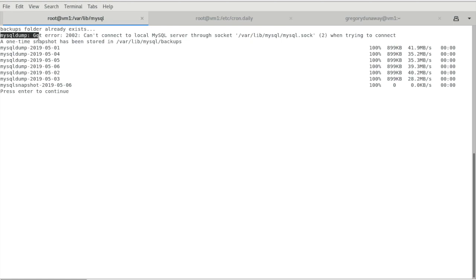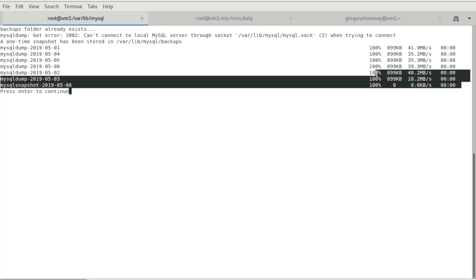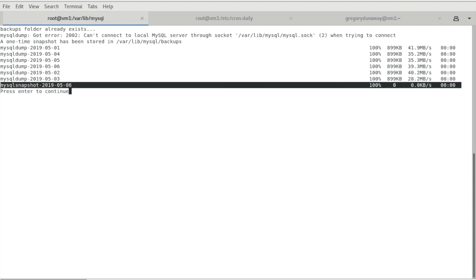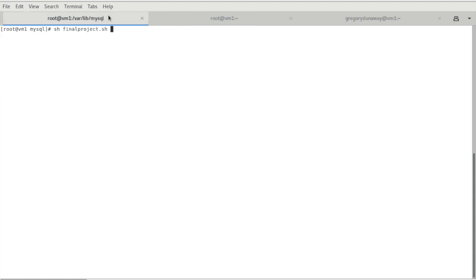So MySQL gave an error here. That's the first time I've seen that. Either way, it looks like it was successful. Well, actually, it wasn't successful in creating the snapshot. Interesting. All right, so